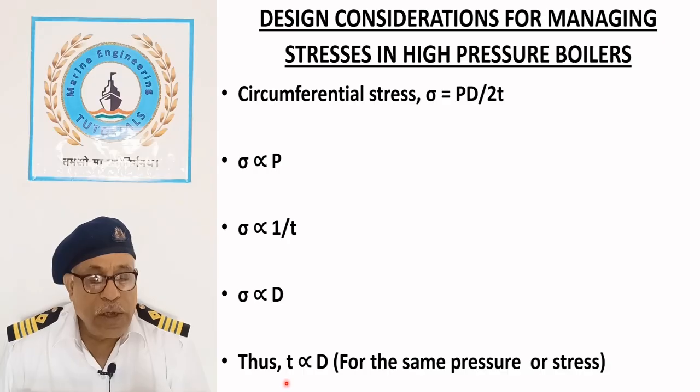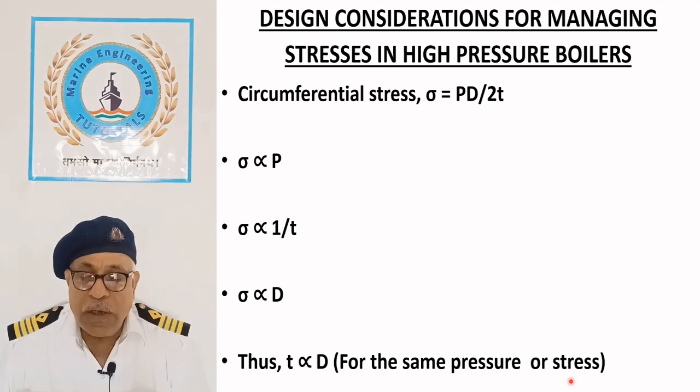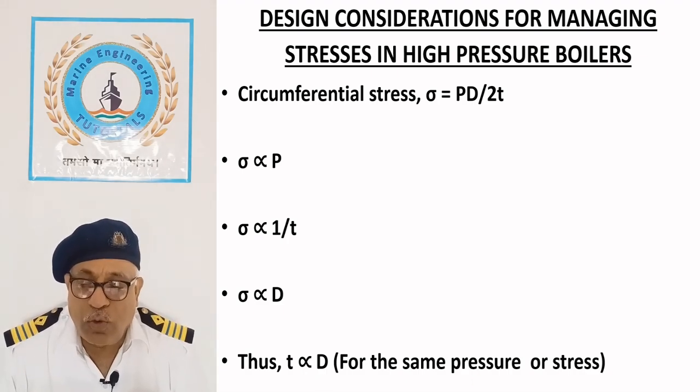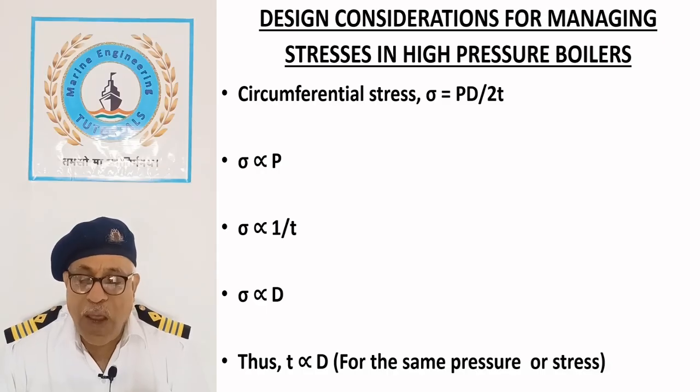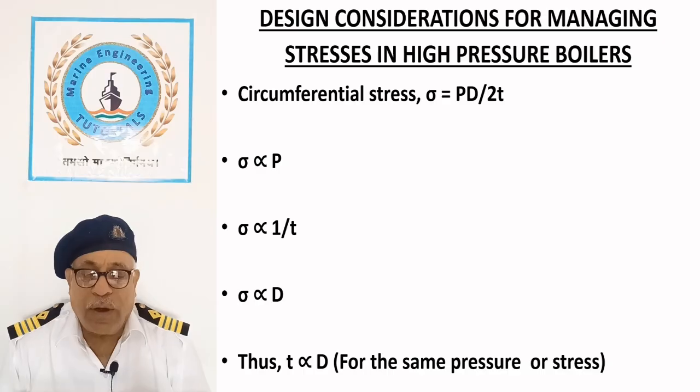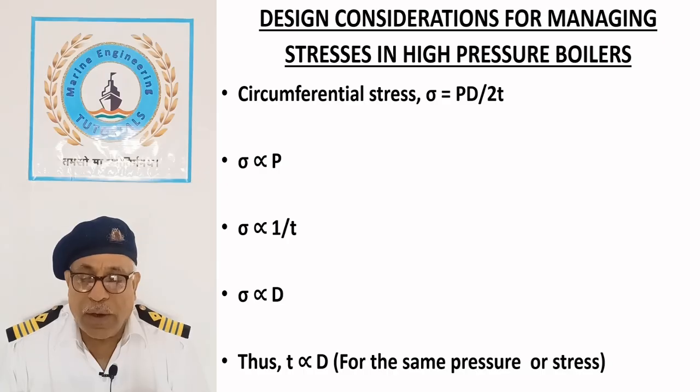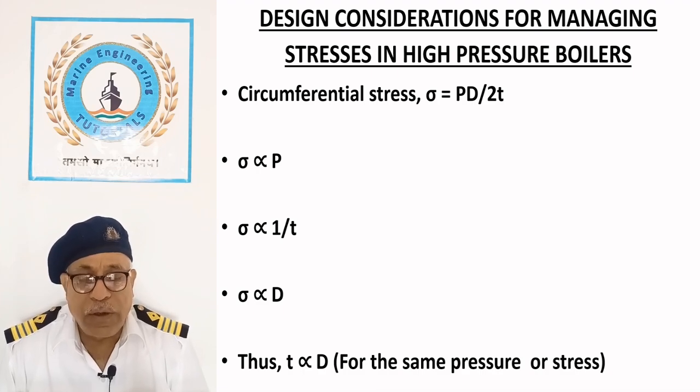Thus, thickness is directly proportional to the diameter. Since the required wall thickness is directly proportional to the tube diameter, smaller tube diameters are preferred for efficient heat transfer and lower metal temperature. In medium and high pressure water tube boilers, the furnace is surrounded by tubes containing water known as water walls. This arrangement removes the size limitation on the furnace as the heat absorbing tubes effectively withstand pressure and transfer heat